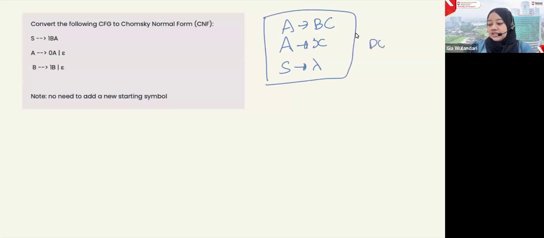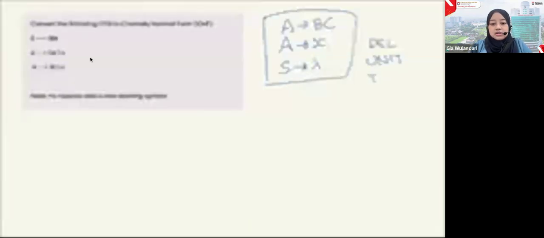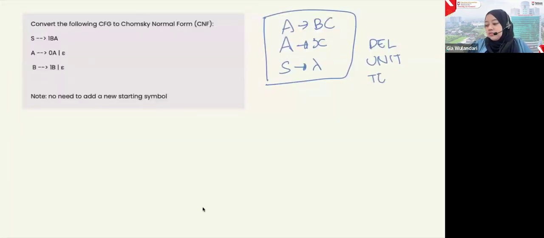The first one is delete, the second one is unit, the third one is term, and then bin. Delete, unit, term, and then bin, like this.